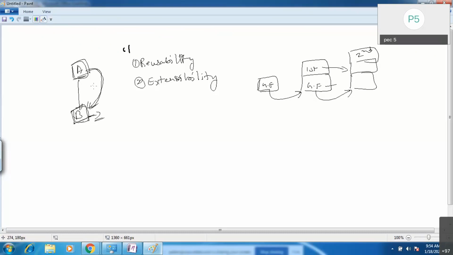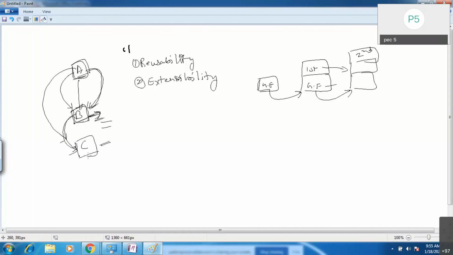That means whatever you have inside A, those properties you are reusing here, and also you are extending some properties. Based on your requirement, this B class may have its own data members and member functions. And if you want to derive one more class from B, you can derive. Now this C consists of all the properties from A as well as from B, and C may have its own properties.